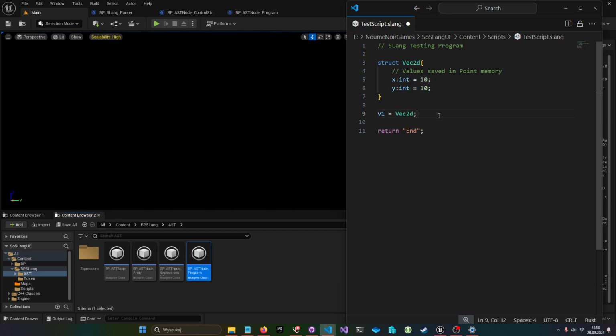And then we can change v1, let's say v1.x equals 9, whatever. We do a field access, and we can change it on v1, but we can also just take default values from vector2d. So we could just as well do this, vec2d, and print it. And we can assign those default values to other identifiers that copy that struct.